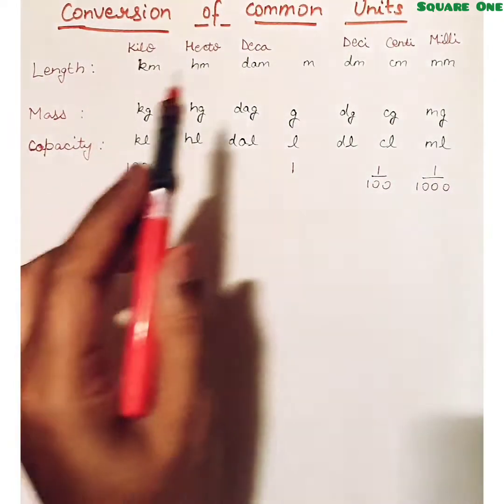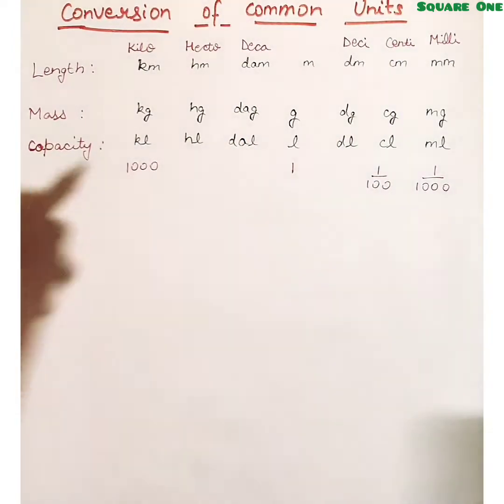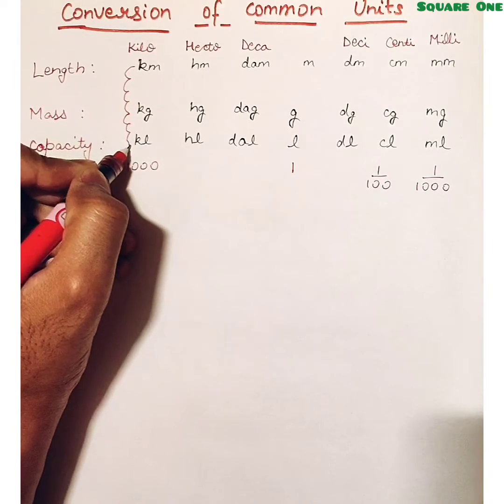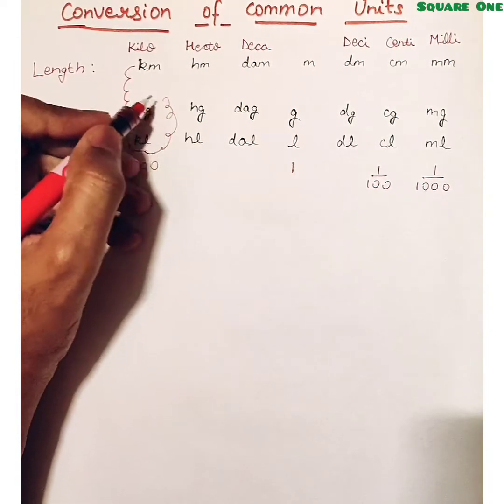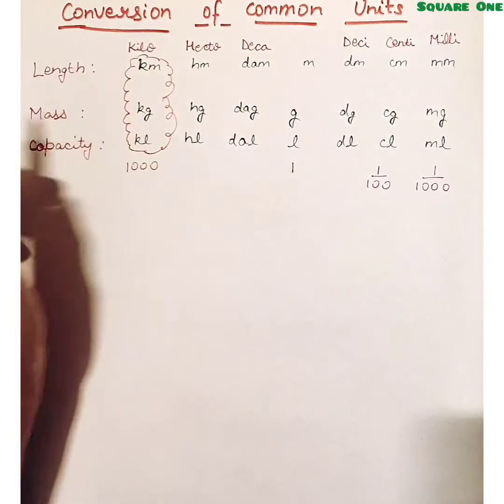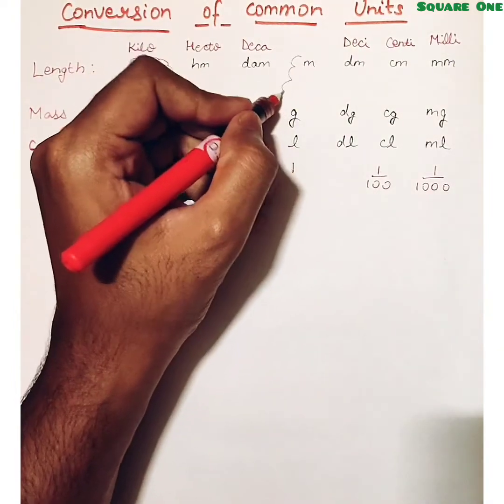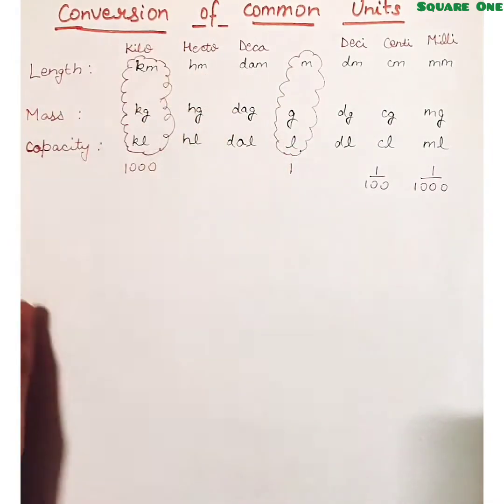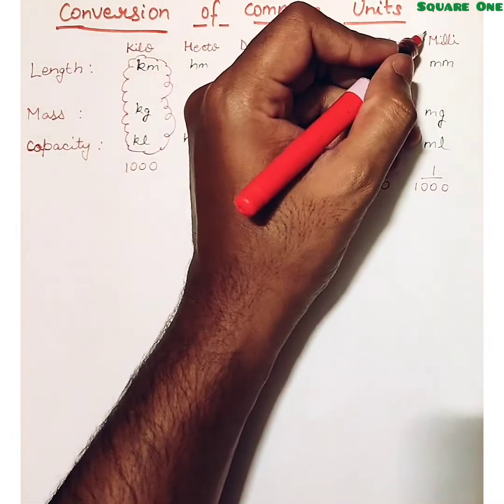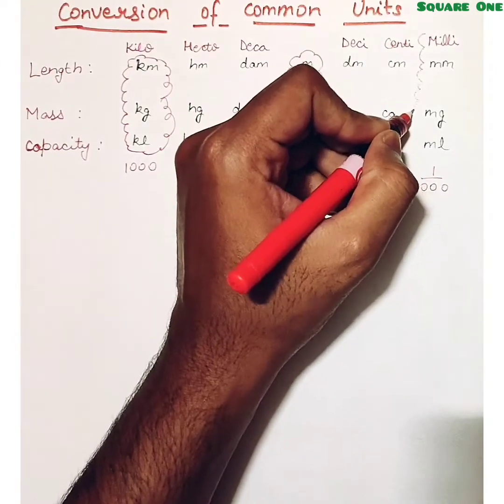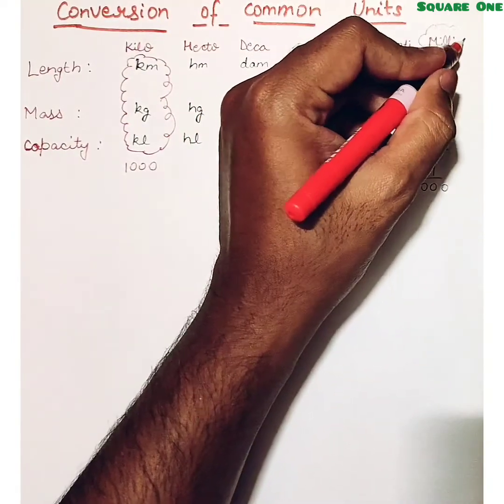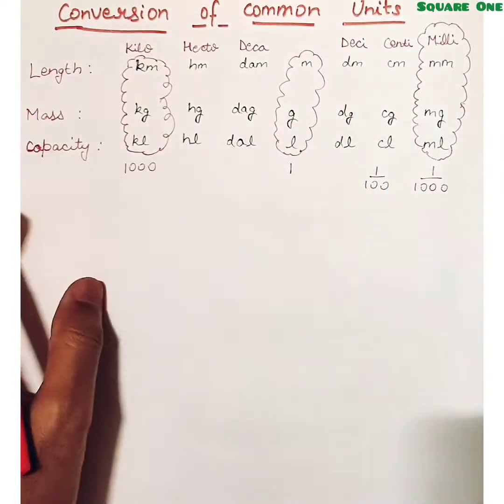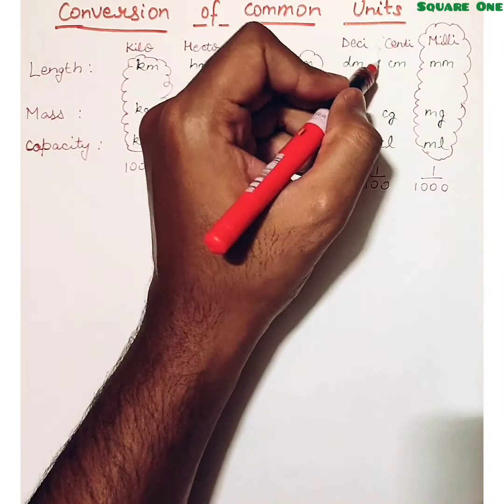We are going to talk about only the common units, that is the kilo ones. Okay, these are the biggest ones, they are more commonly used. Then we have the middle ones that are meter, gram and liter. Then the smaller ones, the smallest is millimeter, milligram, milliliter. These are the smallest. And then we'll also use centi, right?